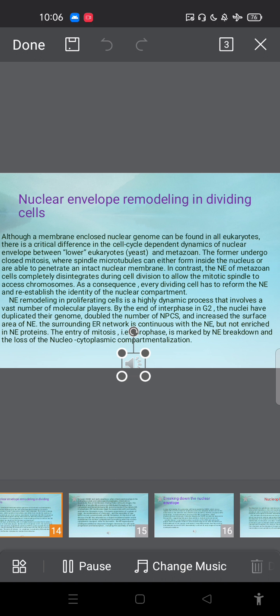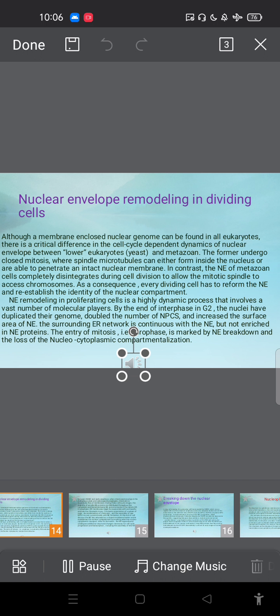In contrast, the nuclear envelope of metazoan cells completely disintegrates during cell division to allow the mitotic spindle to access chromosomes. As a consequence, every divided cell has to reform the nuclear envelope and re-establish the identity of